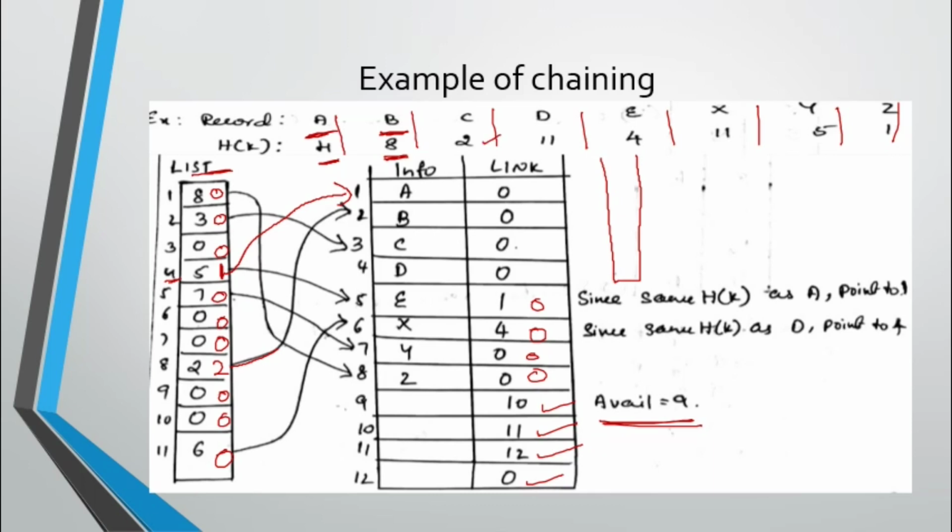So from the second location in the list, what you are doing is C, which is there in 3. That is how you write 3 here, and you do a chain. Yes, the chain is already created. Next, D is 11. So just look here. D is 11.